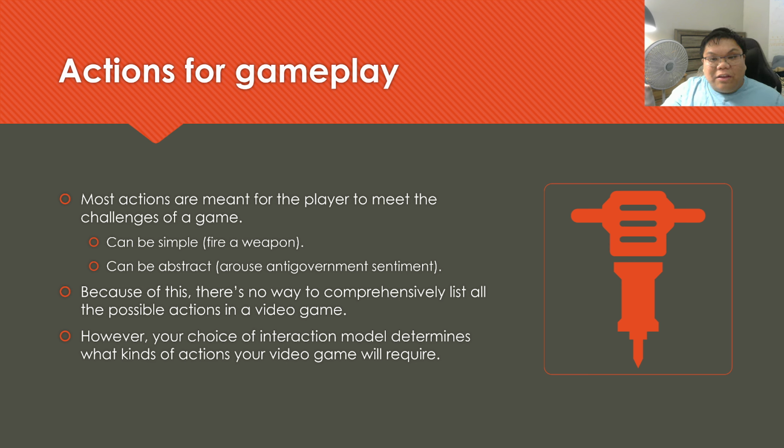So if you have Zoo Tycoon 2, for example, the player can move around this 3D space. It's a multi-present interaction model. The player can select buildings, select animals, select zoo guests, select employees. The player can also move employees around. The player can also demolish buildings. The player can also move animals around. The player can also build fences. The player can also construct pathways. Those are the actions the player can do in Zoo Tycoon 2.